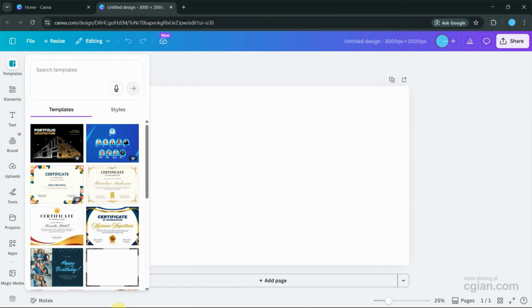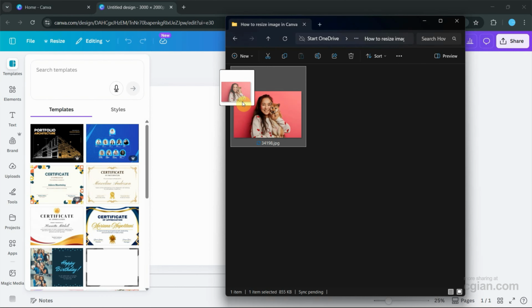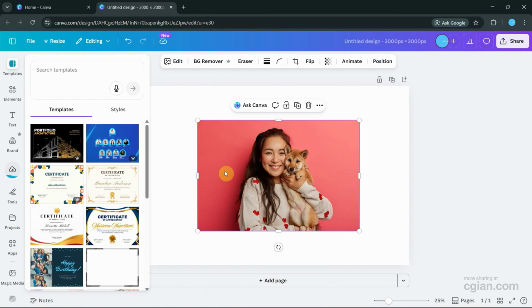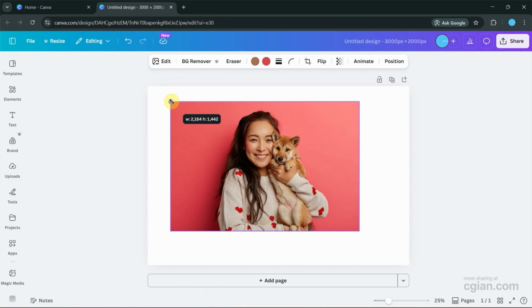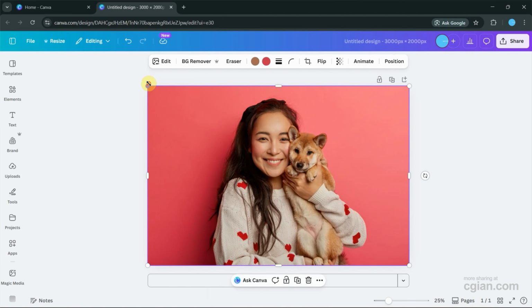Next, we can go to File folder and drag and drop the image into Design page. And then we can select the image and click and drag the corner. I press Alt to enlarge it. So we can enlarge it to fit the size in 3000 times 2000 pixels, and then we can download it,